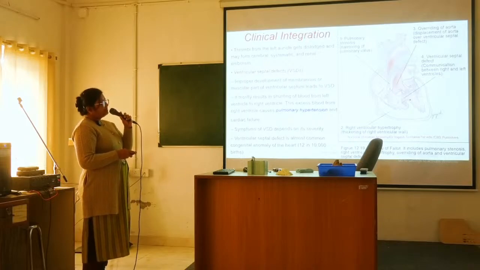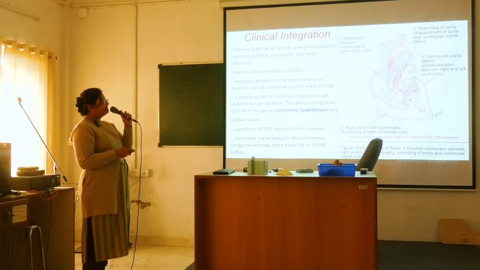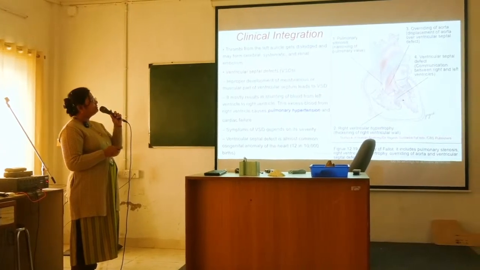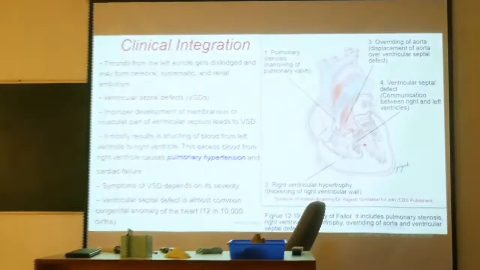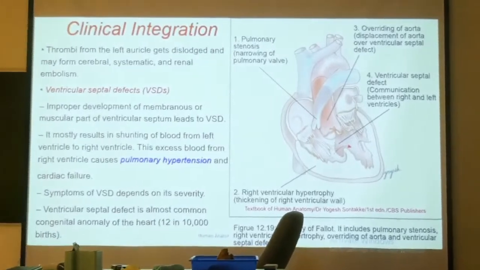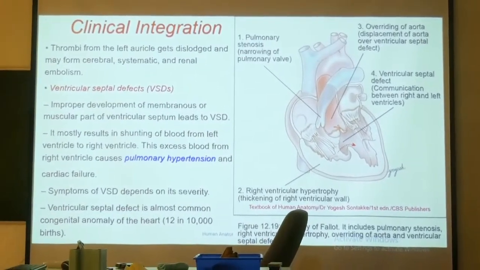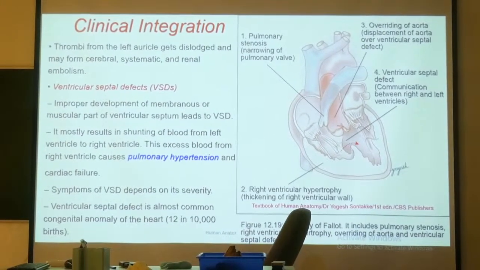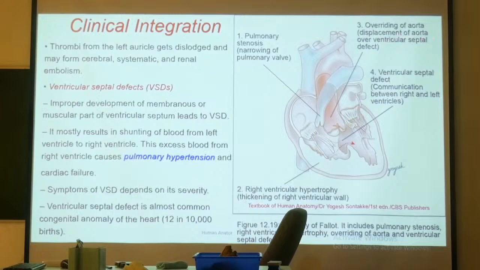The wall of the right ventricle has been thickened in this case. You can see right ventricular hypertrophy, thickening of the right ventricular wall, and pulmonary stenosis. See, this is the pulmonary orifice, it has been narrowed, narrowing of the pulmonary valve, and overriding of the aorta, displacement of the aorta over the ventricular septum. See, this is the aortic opening, arising from both